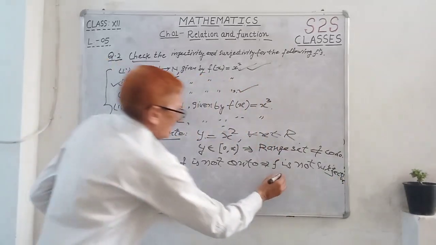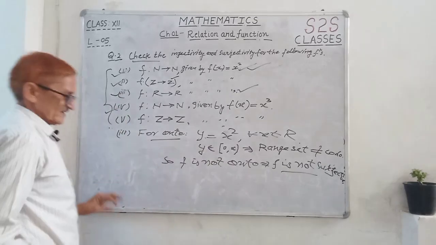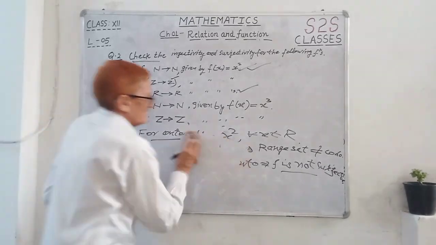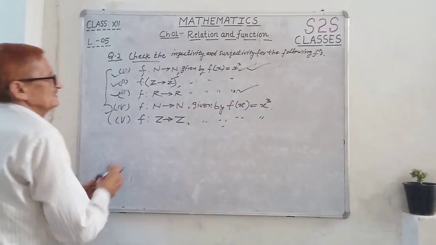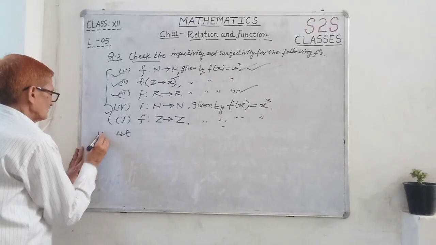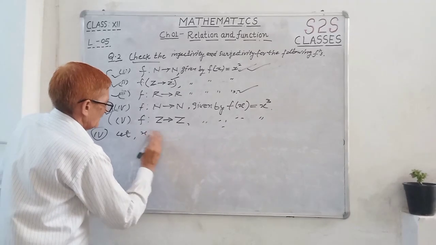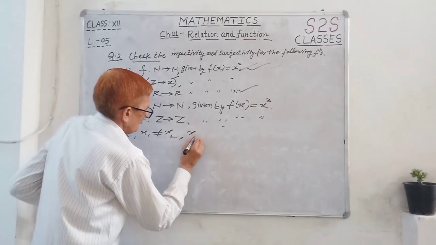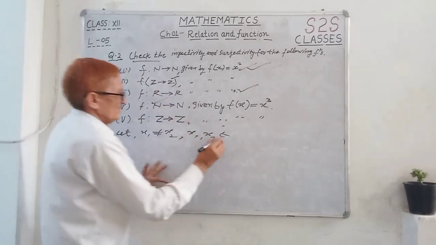Okay, done. Third part also done. Now fourth part. In the fourth part, I want to discuss with you, the function is different here, x cube. So for the fourth part, let x1 not equal to x2, and x1, x2 belong to natural numbers,